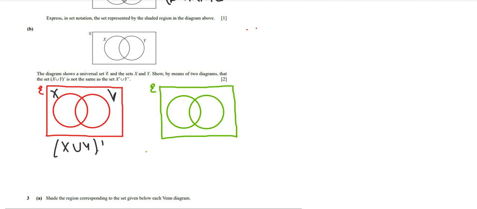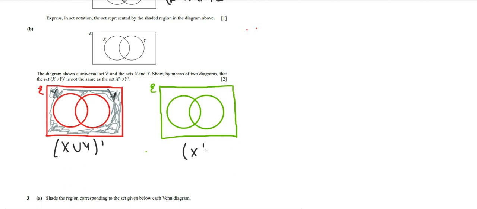But then we don't want X union Y. It's saying everything except X union Y, or (X union Y) complement. And what would that give us? Well, if we took two of our fingers and completely covered X union Y, what would we be left with? Only this background region, right? Not actually touching X union Y, but just the background region. All of this. Yeah, there we go. Okay, and now let's consider the set